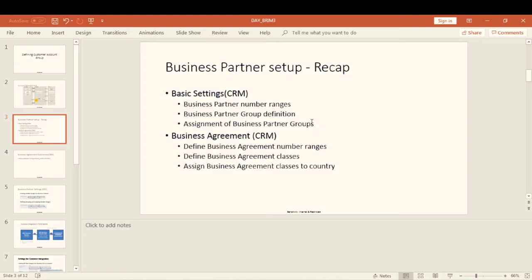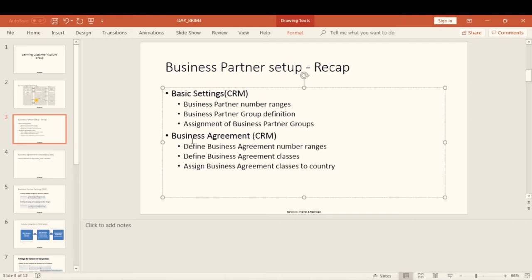Business partner groups have different kinds of number ranges. For US customers we will create one business partner group, for India customers another, and for Germany another. For these business partner groups, we will assign different number ranges. These are the basic settings in CRM.